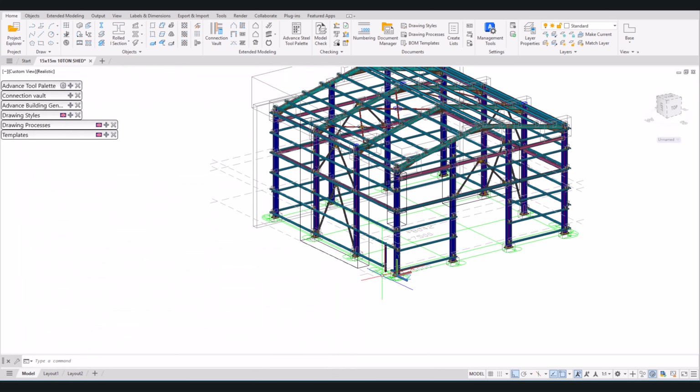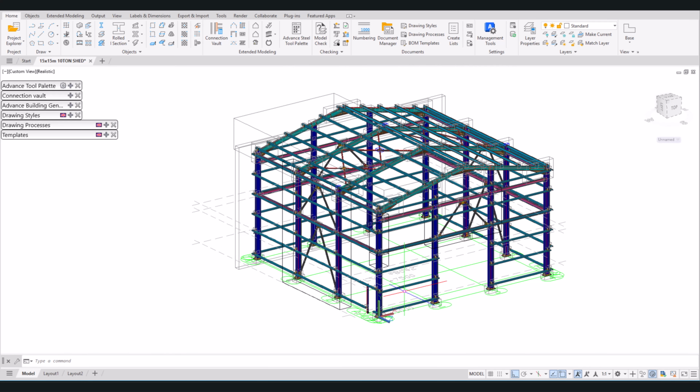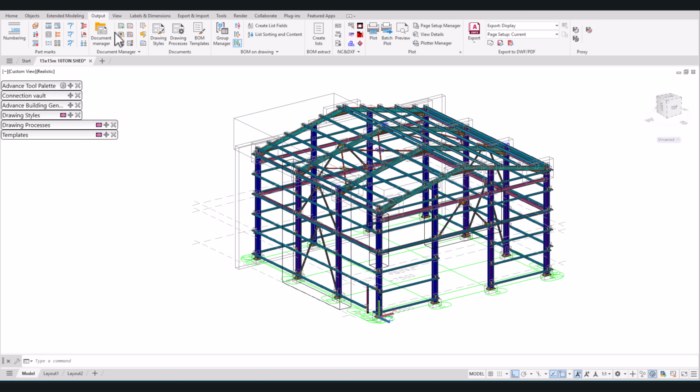And check that. So from here on, there are 2 ways, or rather 3 ways of doing a dimension, but I'm just going to try and bulldoze through 2 of the methods. For example, when you want to produce your drawings, you can either produce them from the tool palettes, or you go to Output, and then Document, and use either the Drawing Process Manager or the Drawing Styles Manager. The Drawing Styles Manager is basically